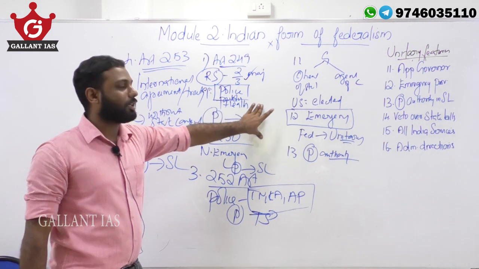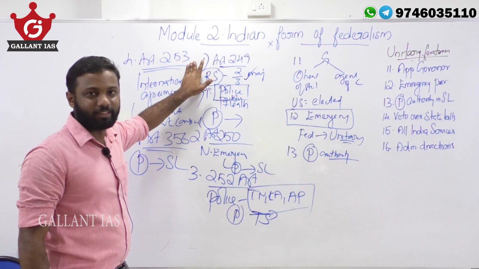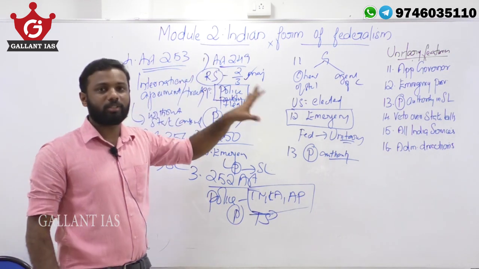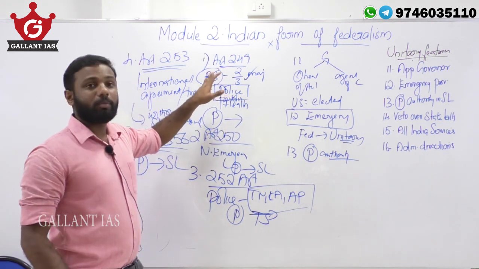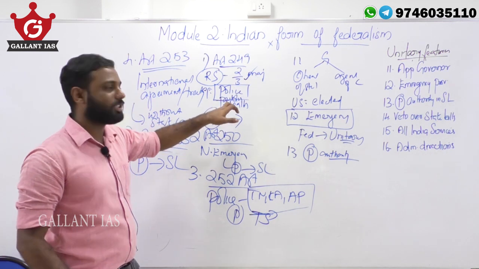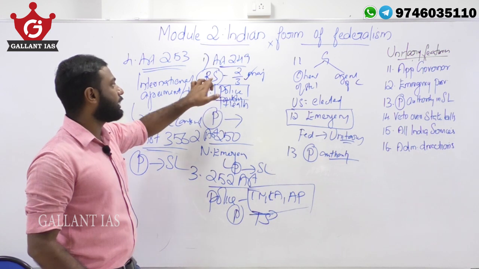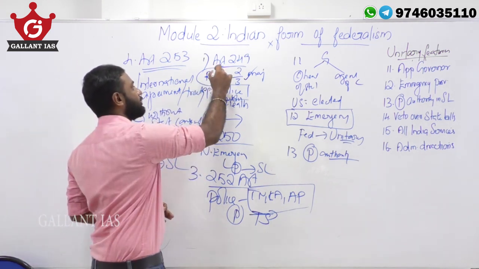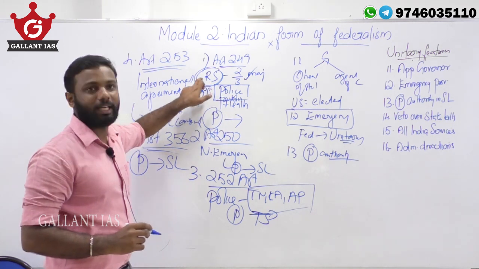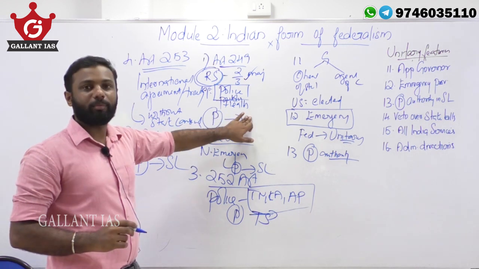So there are 5 extraordinary circumstances under which the Parliament can frame laws on the state list. One is under Article 249, the Parliament can create a law on the state list provided the Rajya Sabha passes a resolution to that effect by a 2/3 majority. Examples are police and public health. Why Rajya Sabha? Because Rajya Sabha is the Council of States and it represents the states. That's why the special power is given to Rajya Sabha. So Rajya Sabha has to pass a resolution. Then the Parliament can frame laws.